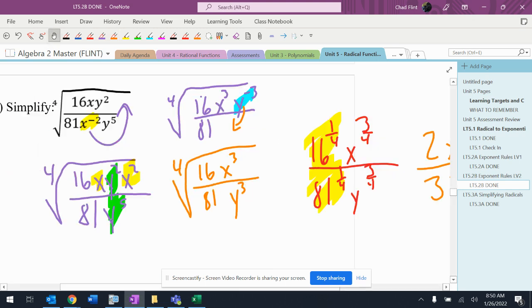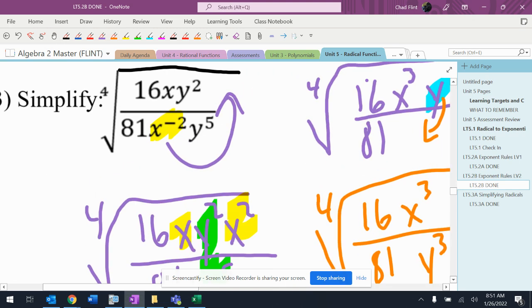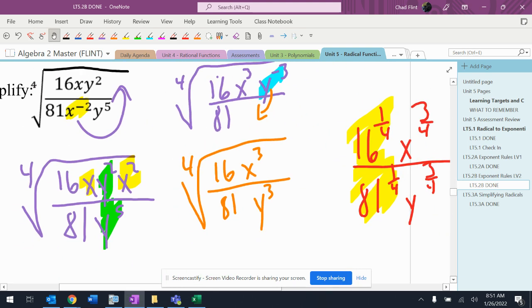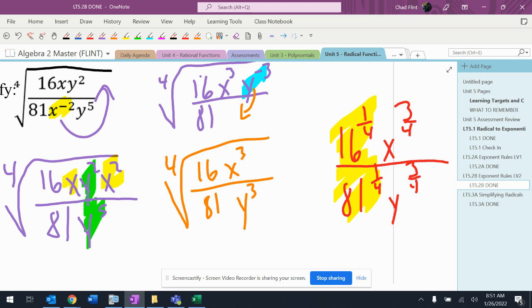If you chose in the very beginning to take all of these things and give them a fractional exponent, you would have then just gone through and done the rest of this with that fractional exponent. It would have been about the same amount of work, probably. Maybe a tiny bit more because you have to do all the fractions in the beginning, and I didn't have to